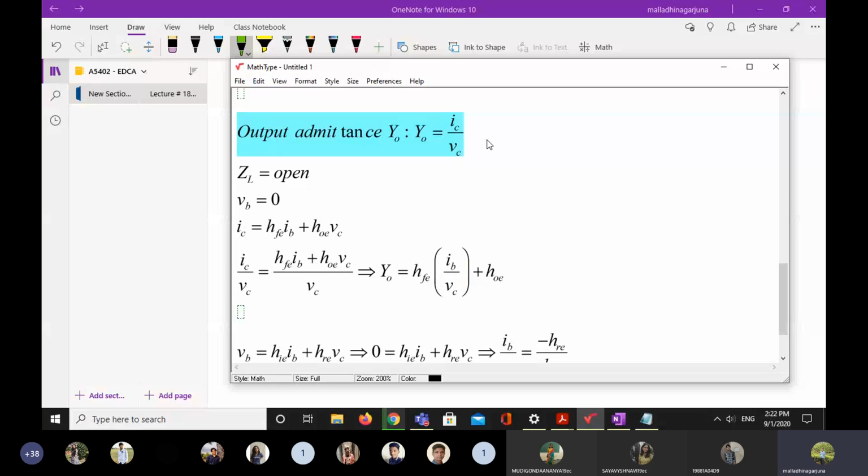Similarly, when you keep applying the input signal, obviously that input signal influences your output parameters. Why? Because if you apply an input voltage, an IB current is generated. If the IB current is generated, automatically the IC current is generated, and IC will participate in that output admittance. So when you apply the input voltage, your output current also varies, and your output admittance also varies.